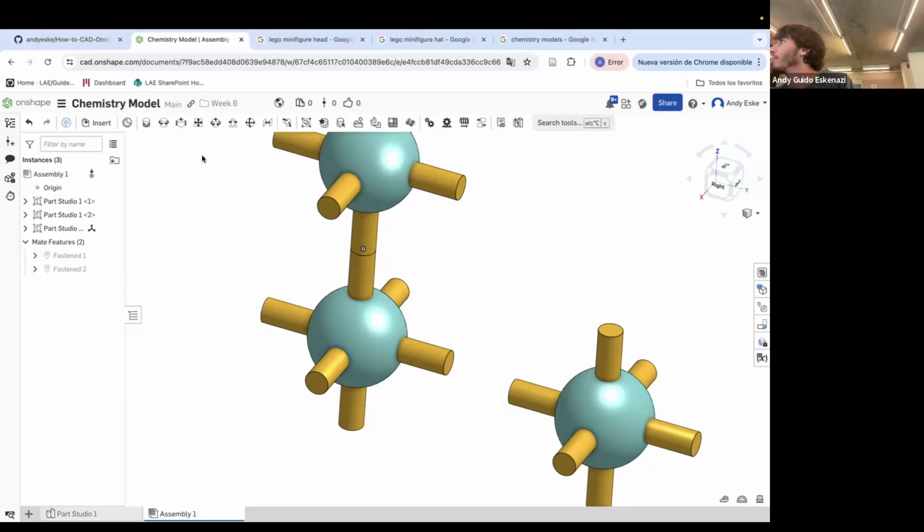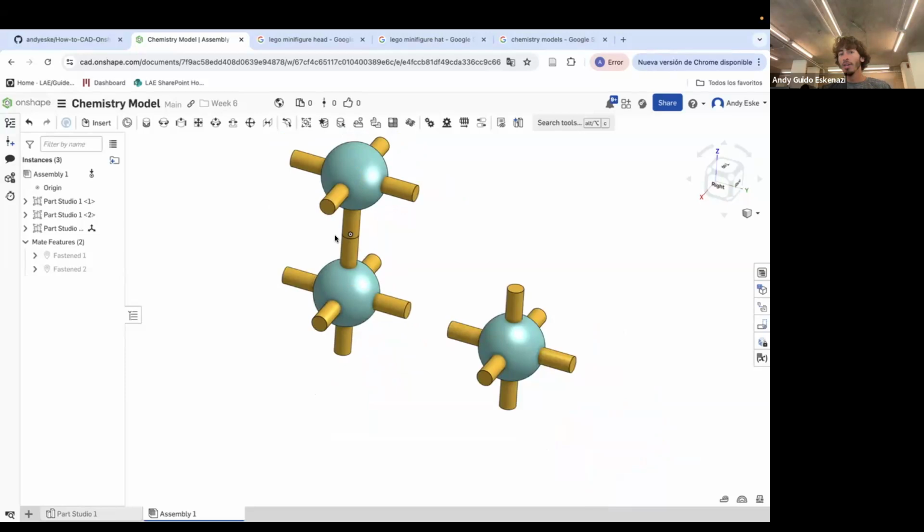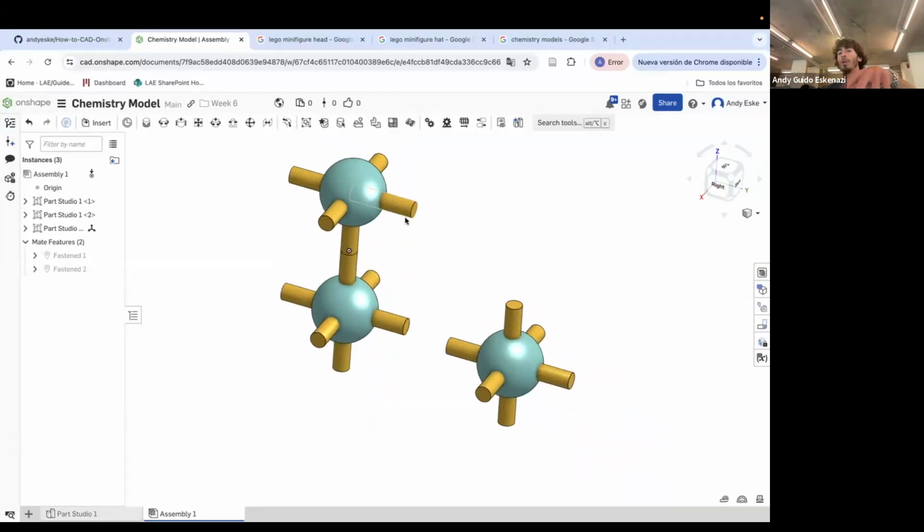Let's bring three of them. Actually, I'll do a fasten mate first between here and the origin. That way, this is not gonna move from anywhere. And then another one that can be, say, from here. Yeah, like that. So now for the third one, you see how this is a very regular pattern,